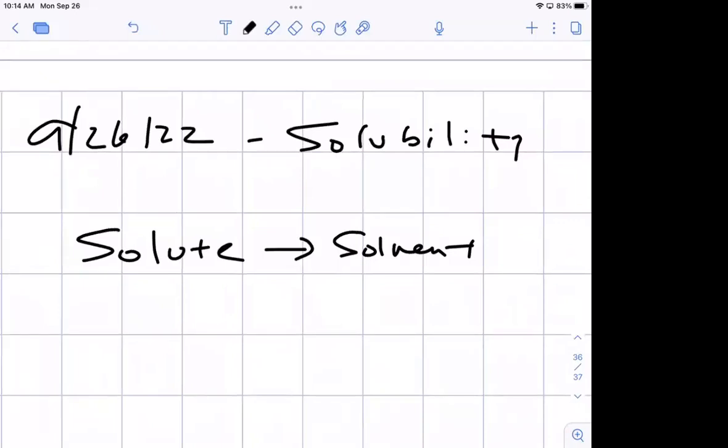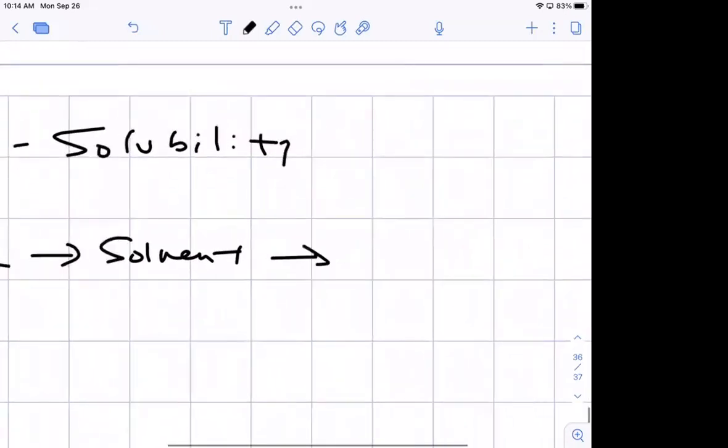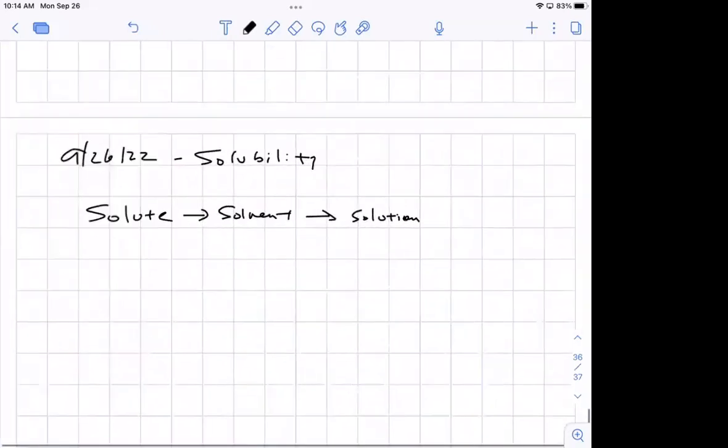So a solute being dissolved up or being soluble in a solvent to make a solution. Right, for organic, there's a very simple axiom that we can follow to help us understand whether two things are soluble or insoluble,